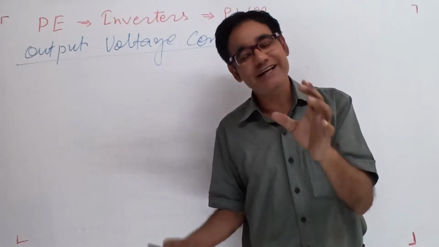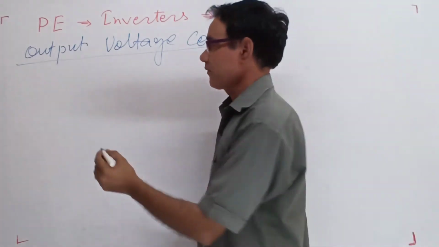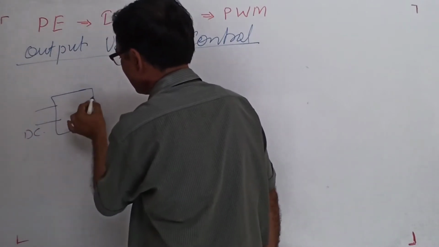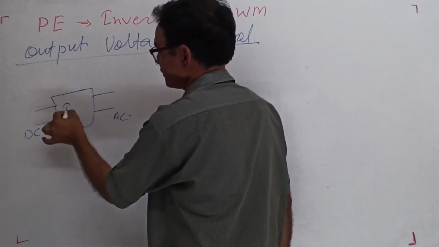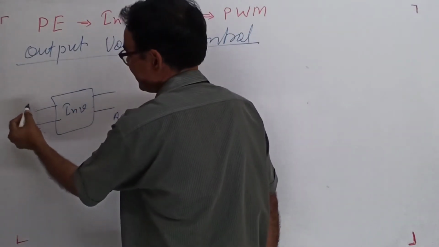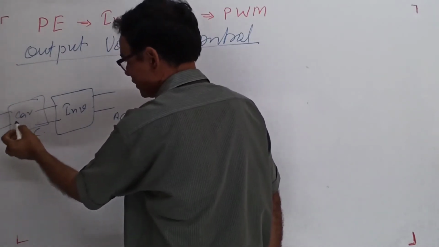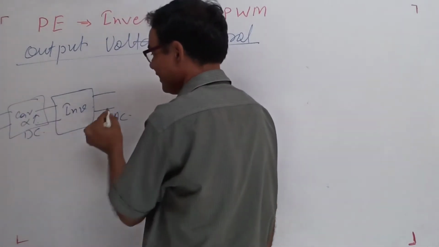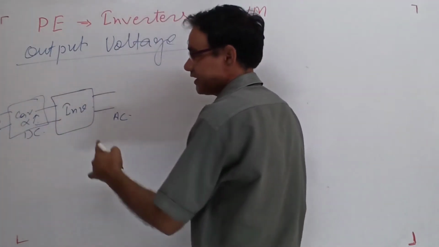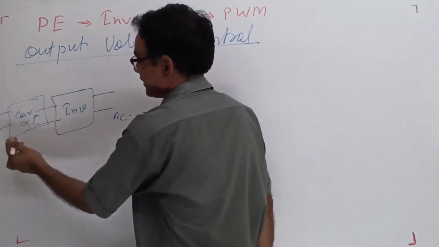इन्वर्टर्स में आउटपुट कंट्रोल के लिए दोनों मेथड्स हो सकते हैं, एक होता है इंटरनल कंट्रोल, एक होता है एक्सटर्नल कंट्रोल। This is the inverter, an inverter taking the DC and it gives the AC. So if this DC will vary, you know that here the converter and the firing angle of this converter will vary. So definitely here the AC supply and the converter firing angle vary, and according to the variation in the firing angle, the available input